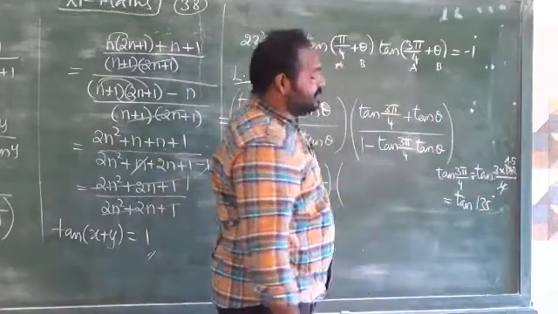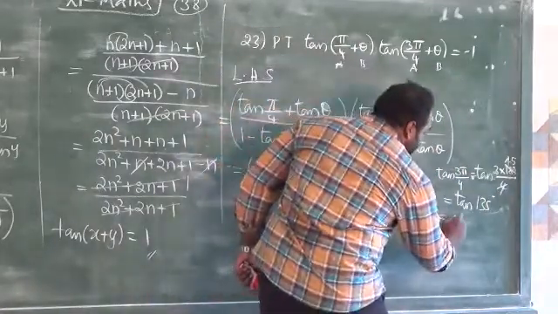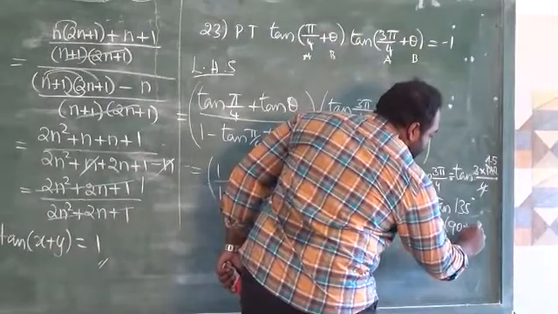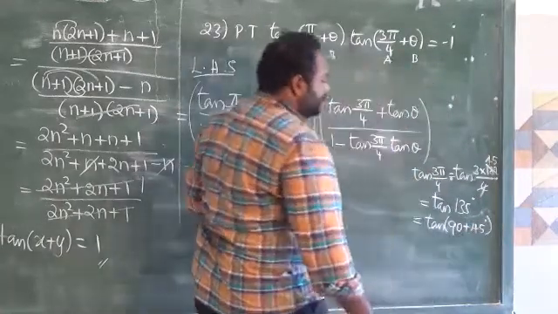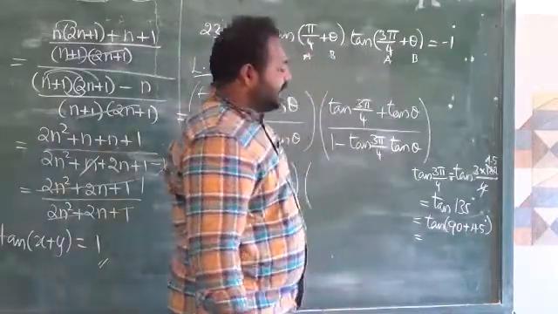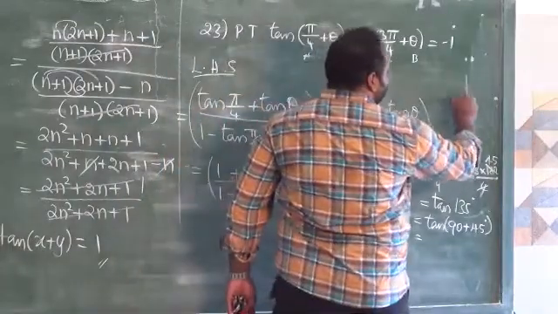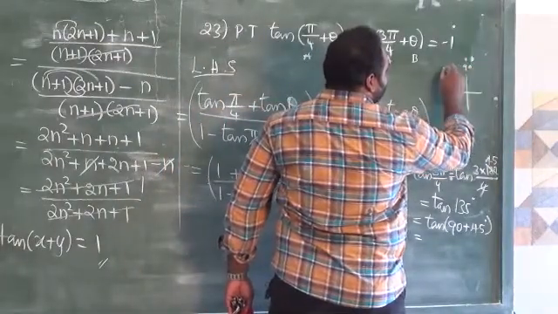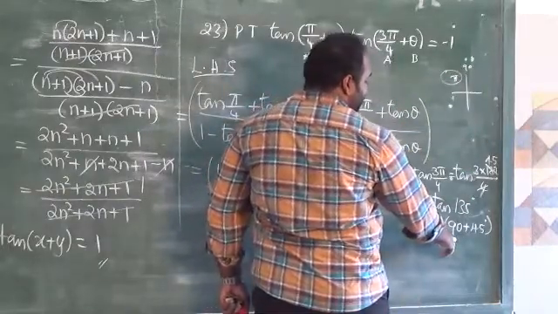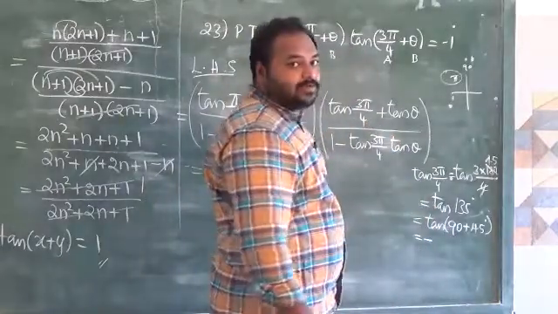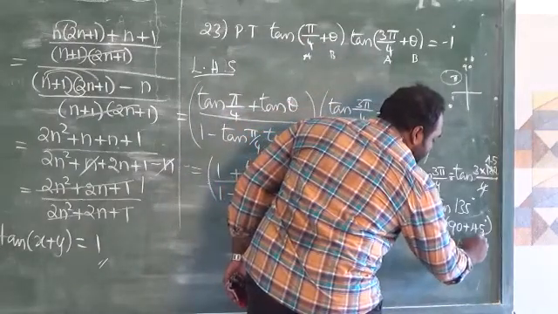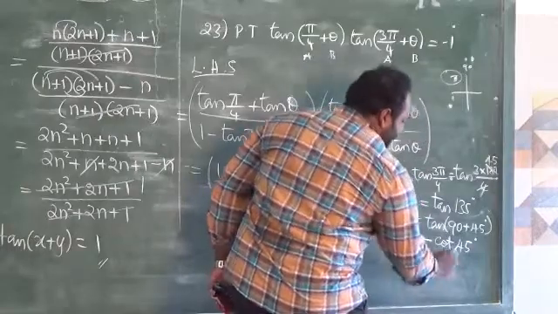So how can we find out tan 135 degree? We have to split it as tan of 90 plus 45. 90 plus 45, which quadrant? 90 plus, second quadrant. So in the second quadrant tan value is minus. Then we have 90 here, I told you 90 and 270, we have to change the co-ratio. Tan co-ratio is cot 45 degree. So minus 1, cot 45 degree value is 1.